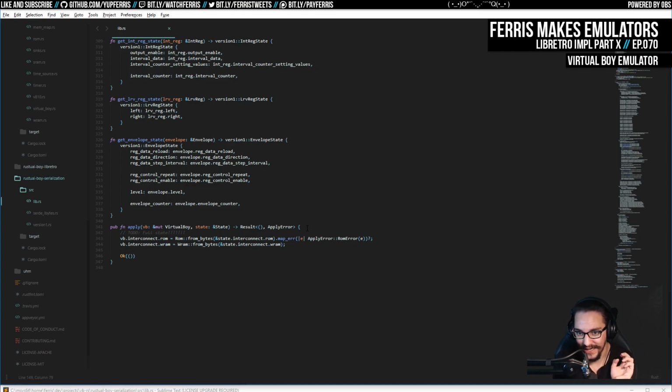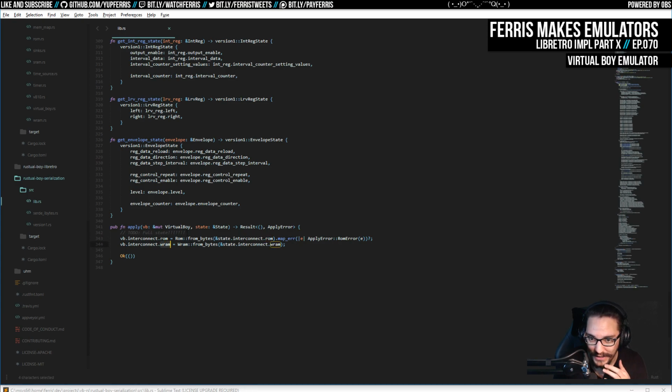But at the same time, for the sake of simplicity, I might want to avoid that when the setters are so simple and not actually used by the emulator itself. I'm not really sure where I land on the philosophy behind that at this point with this project. But anyway,